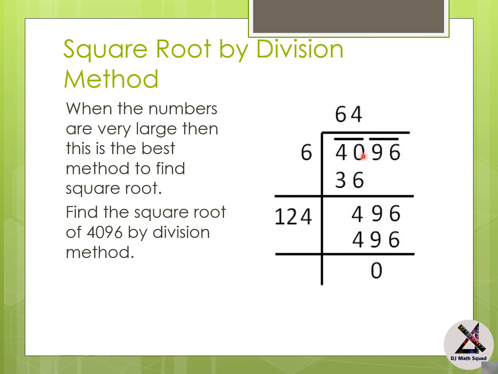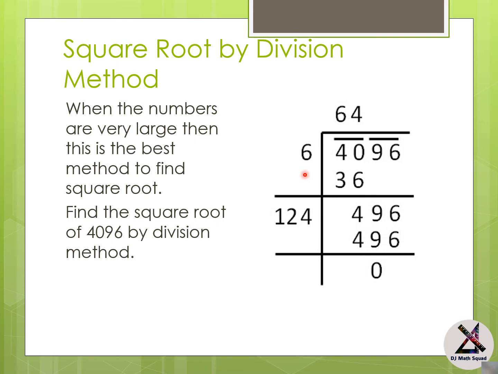And we will be solving one pair at a time. Like in your normal division, you take one digit at a time. Here we take one pair at a time. Now see over here, we are looking at 40, and because it is square root, we have to think of a number that if you multiply that digit by itself, you should either get 40 or a number which is closer to 40 but lesser than 40, like in your normal division. So we start from 1. 1 into 1, 2 into 2 is 4, 3 into 3 is 9, 4 into 4 is 16, 5 into 5 is 25, and 6 into 6 is 36.